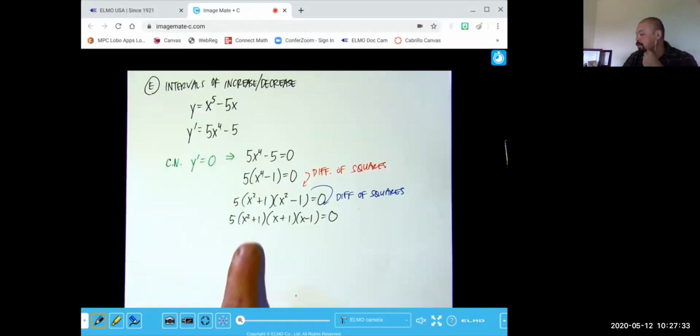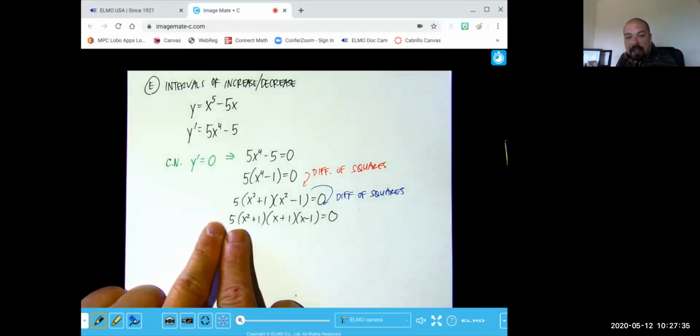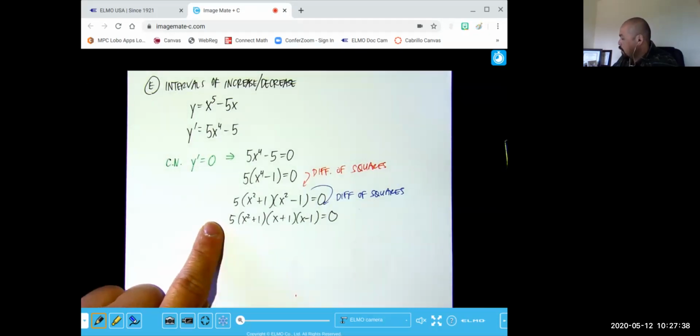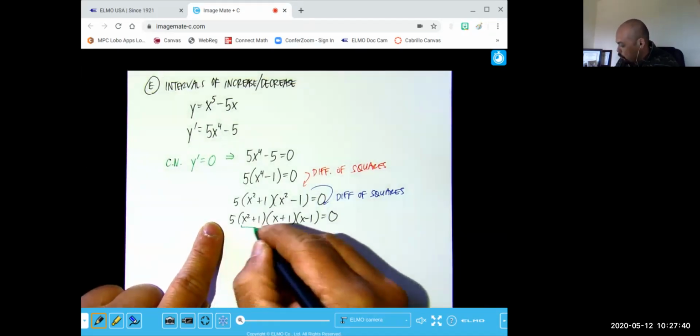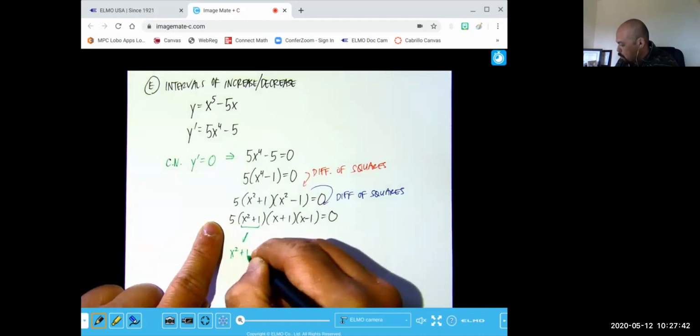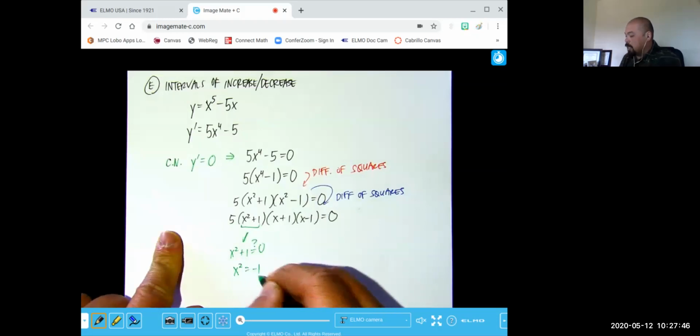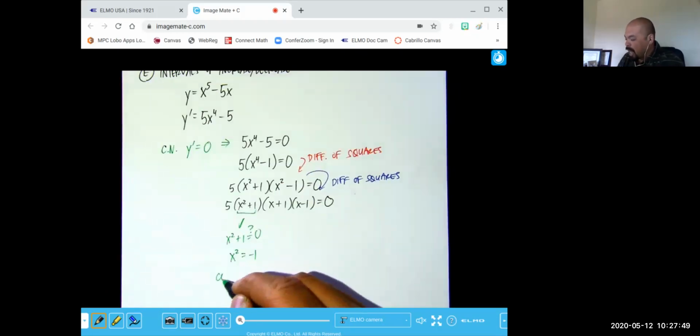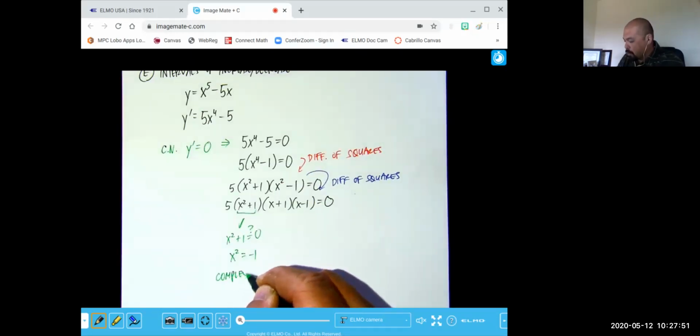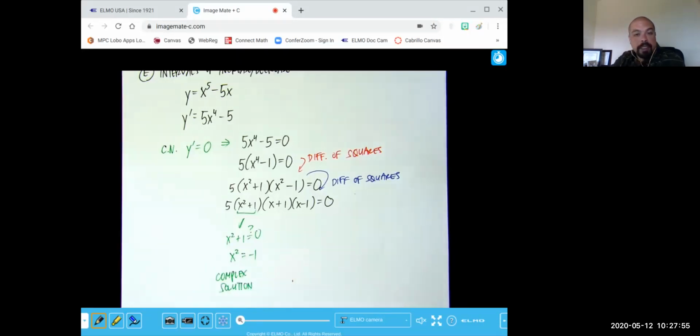So now we have these different factors, right? 5, that's not going to give us any detail. Looking at this one, that's going to give us x squared equals negative 1, right? And those are our complex or imaginary solutions, which we can't graph in our real coordinate system. So we can forget about that. Okay, not applicable for us. We can't put that on a graph. But definitely these two,